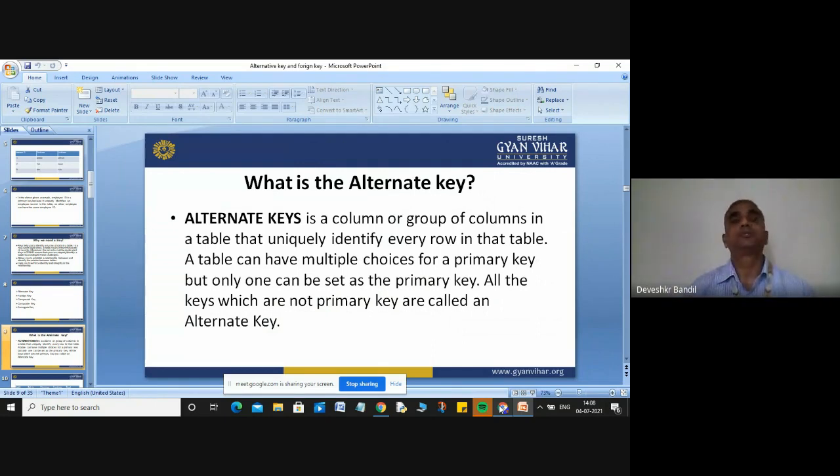You can make the student ID your primary key. You can make the student Aadhaar card number your primary key. So a table can have multiple choices for a primary key, but only one can be set as the primary key. All the keys which are not the primary key are called alternative keys. Okay, so that is your alternative key.